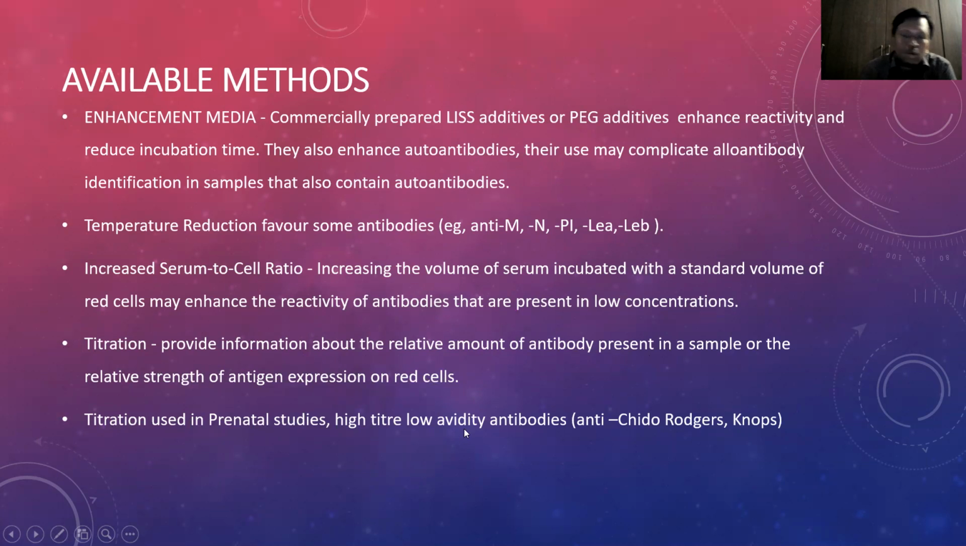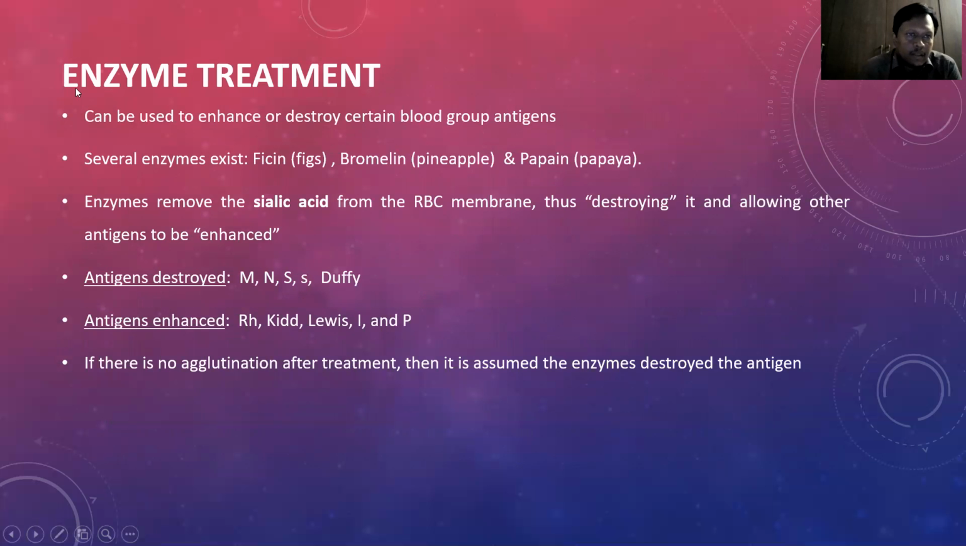Similarly, high titer low avidity antibodies. These will have a very high titer, more than 1000, but the reaction phase, if you see agglutination, will be very weak, 1+ or weak agglutination. We see this in Chido, Rogers and Knops. So these are some of the things we can do to resolve this with the available methods we have in the blood bank. The most important thing is enzyme treatment, and it is very easy to do to resolve